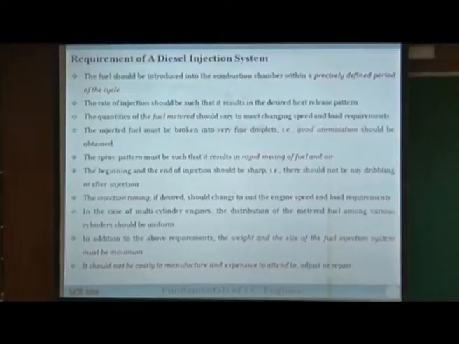In a spark ignition engine in port fuel injection mode, if you inject 10 or 20 degrees here and there, it doesn't matter too much in terms of emissions. But if you do that in a diesel engine, you may be completely off in terms of meeting your emission requirements and efficiency requirements. Then the rate of fuel injection is also very important.